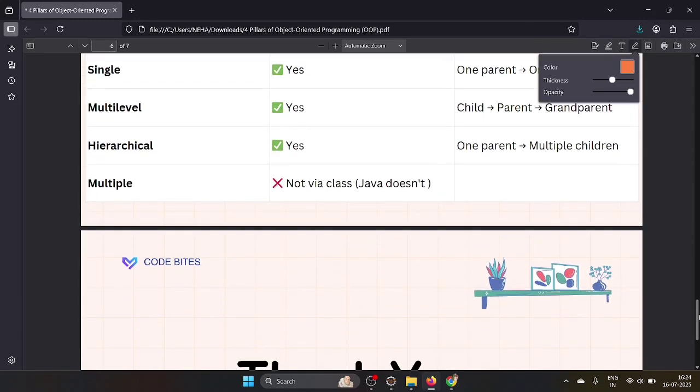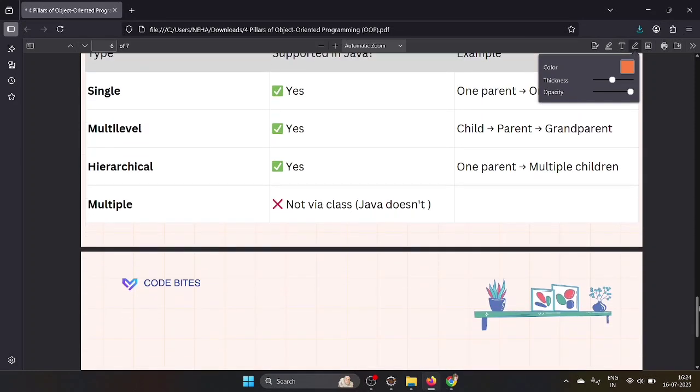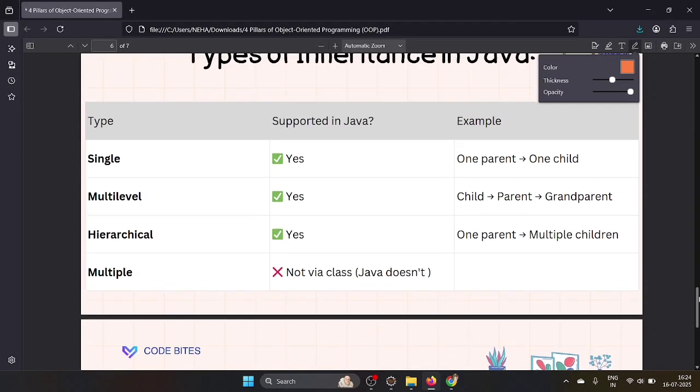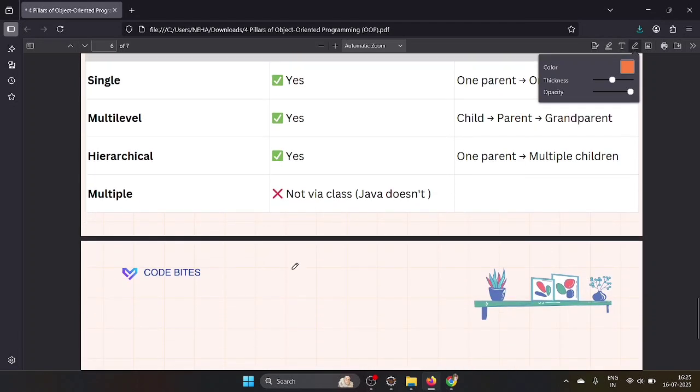And multiple means, in Java we can't achieve it directly, because you get a diamond shape problem. So how it will be, let's take here your mother, and here your father.